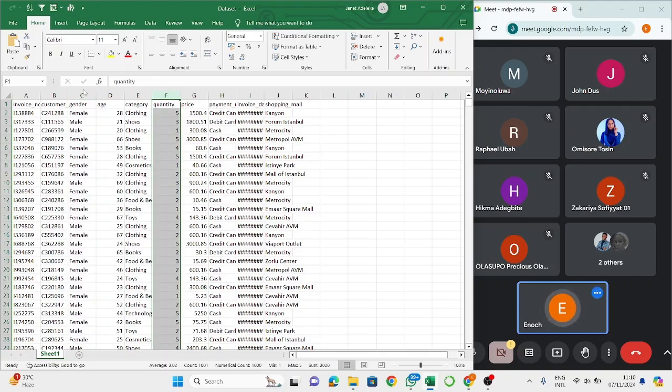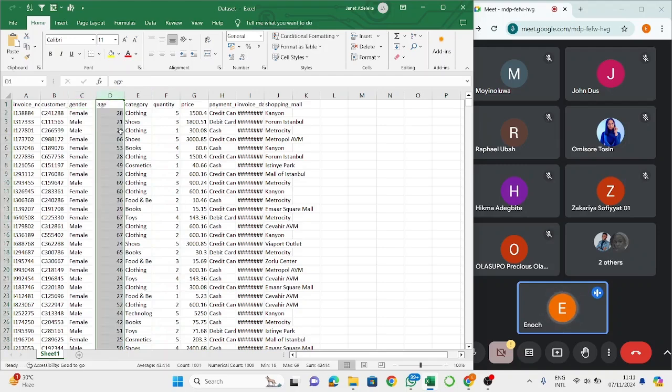A pivot table is a tool that is used to summarize, right? You can even use a pivot table to get maybe the average age of the females and the males. It's going to come up clearly. It will just summarize everything. Maybe the average age of males is 100 or 20 or 50, then that of females is this. And even this price, if you want to summarize this